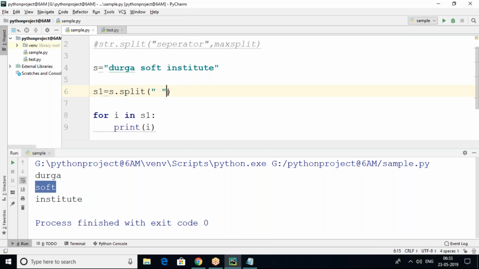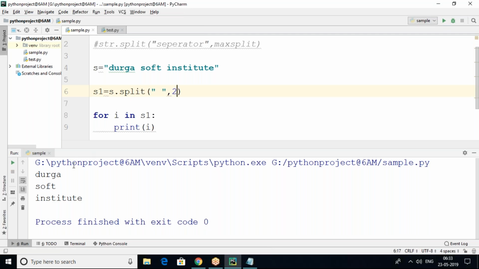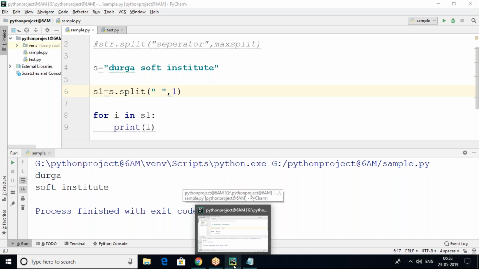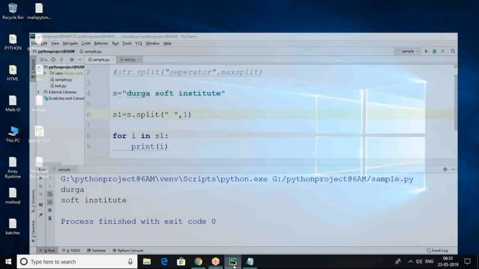Suppose I want to give only two splits. Now the same Durga Soft Institute, but one split I want to do. Right, so it's going to be split clearly. So this is called string split and max split. However many splits you want, you can split based on the separator. Now coming to the next point,